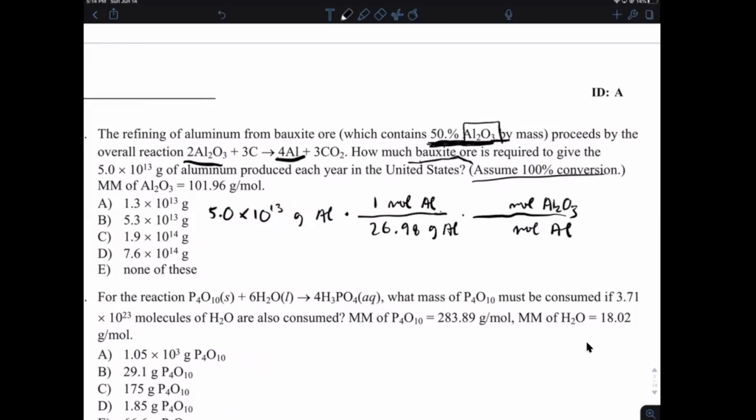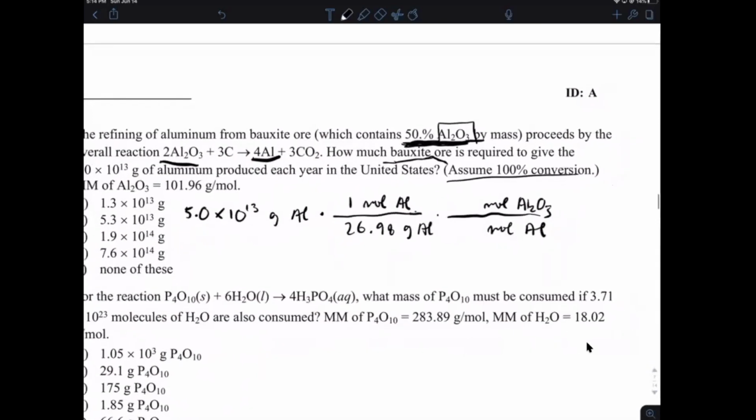I think that might be the next step, but the first thing we have to do is look at the molar ratio. We can get that from the equation, so we just read off the coefficients. On top would be 2, and then on the bottom would be